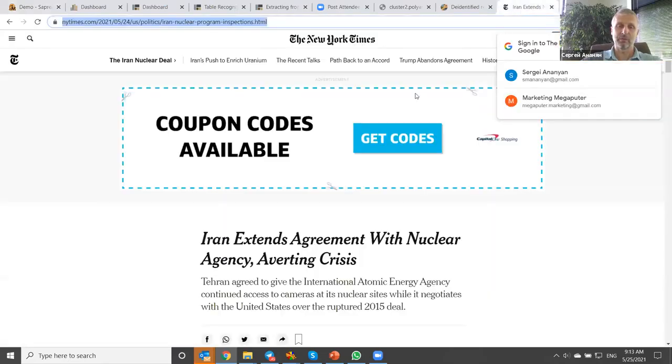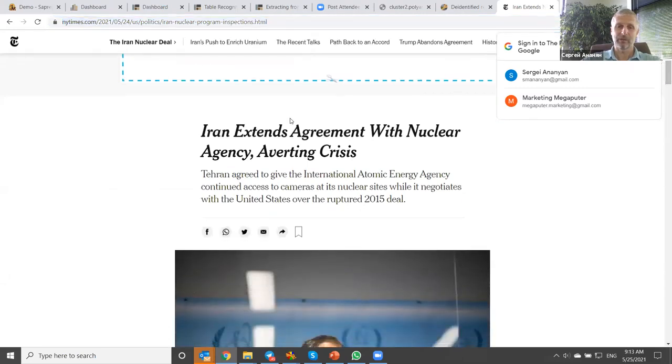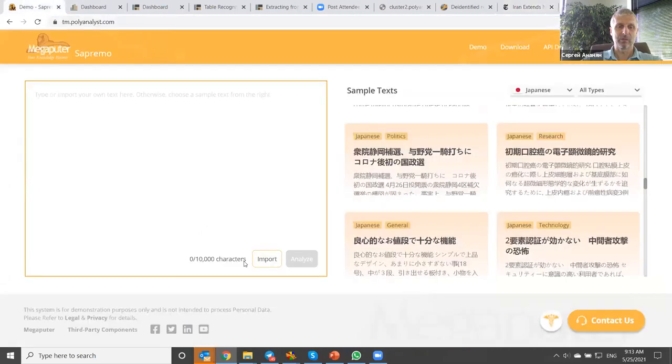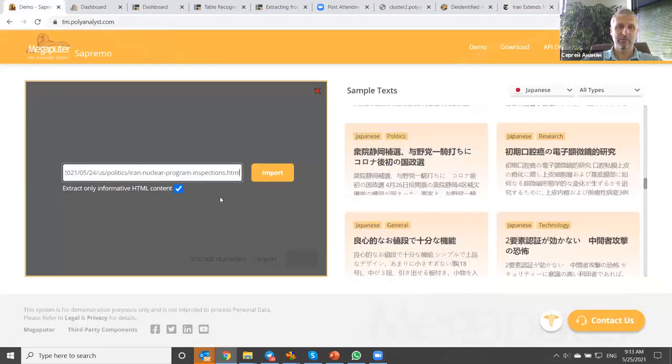So we can open some New York Times. So you can see Iran extends agreement with nuclear agencies averting crisis. So we can copy the link from here and go back to the tool and import it here as a web page. And the system would be grabbing only informative content, hopefully.